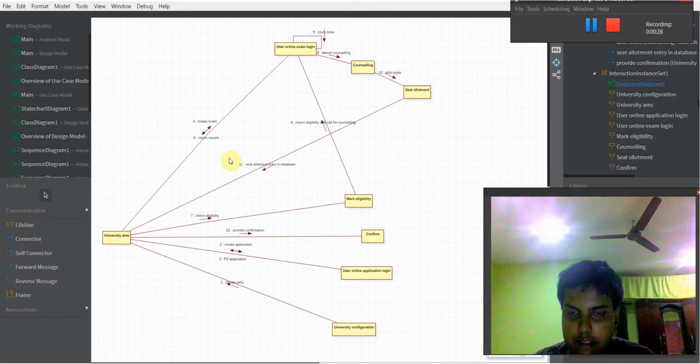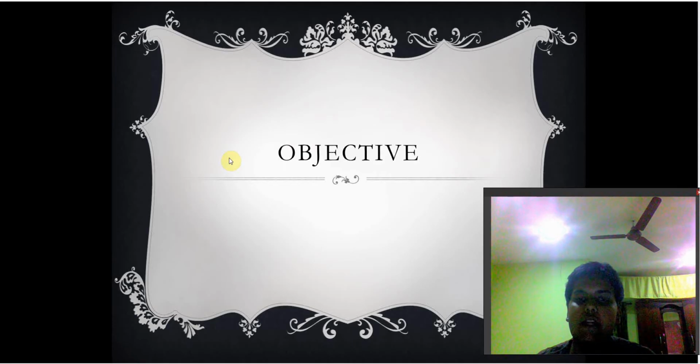Coming to the description, I would like to explain the objective. The objective of our experiment here is to use a collaboration diagram to build an admission management system, where they proceed from admission to exam, then from exam to counseling, and from counseling to seat allotment. So that's our objective. Coming to the theory part,